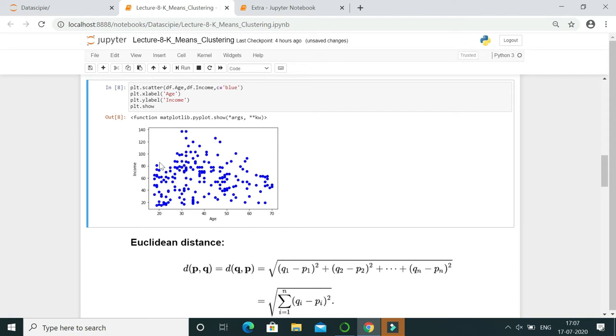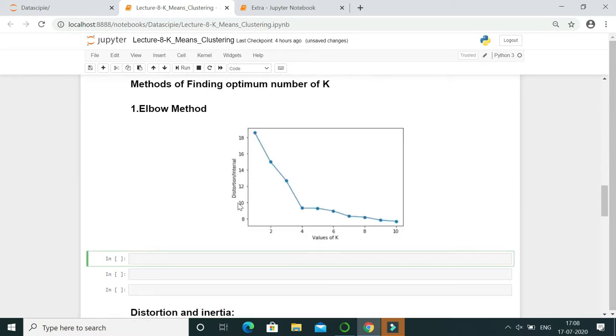Here we have to determine our clusters. Okay, so for that, first of all we have to define in how many clusters we have to divide these data points. First of all we would utilize the elbow method as we discussed earlier. So for the elbow method, we first have to determine distortion or inertia. For that, first of all we would import necessary libraries to calculate distortion and inertia.